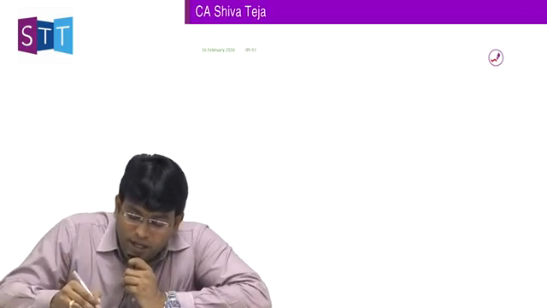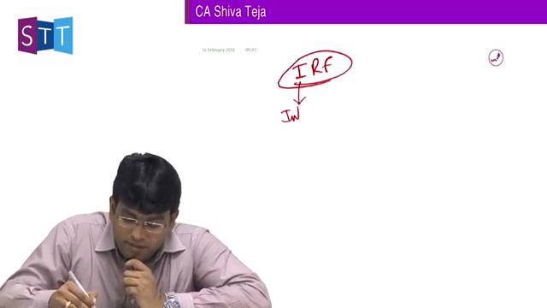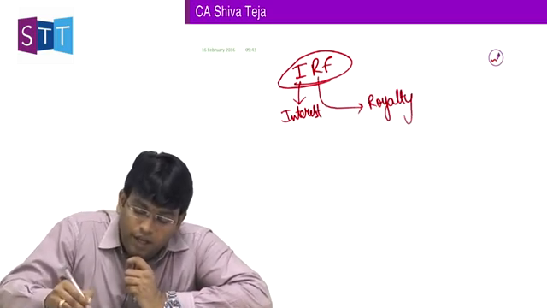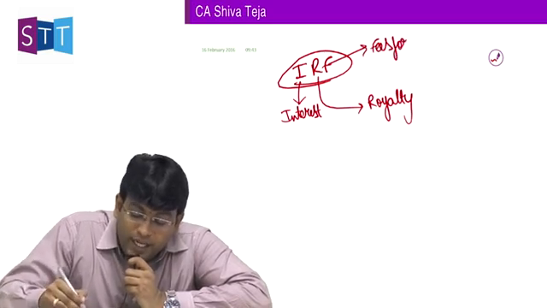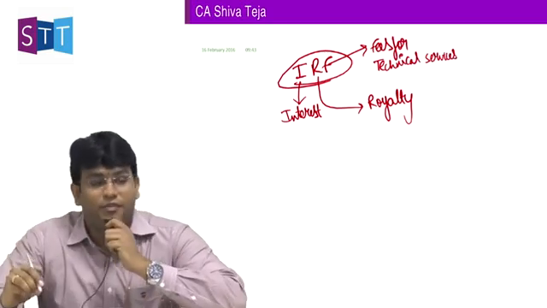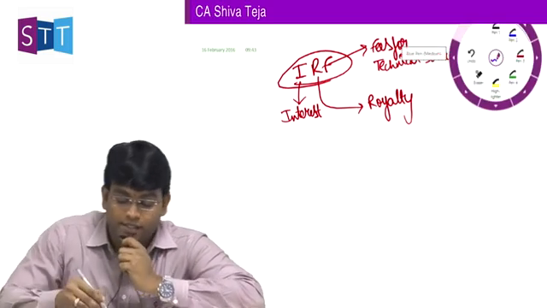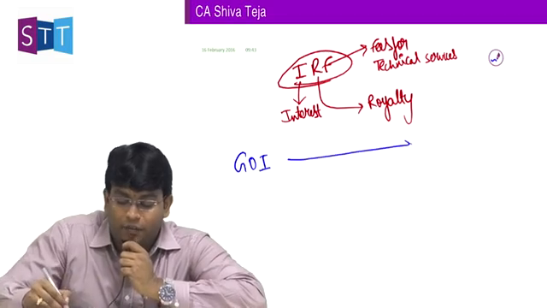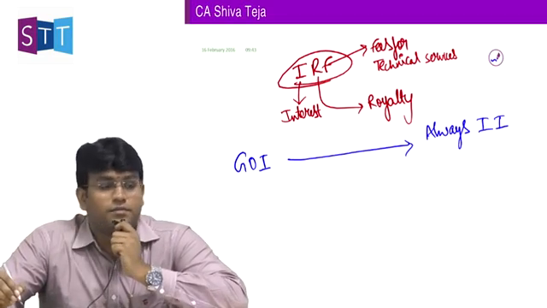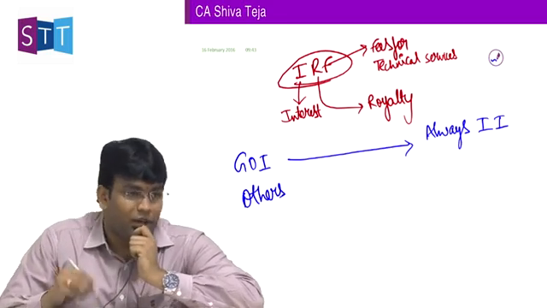Next point, sir. In short, I call this points as IRF. I refers to interest. R refers to royalty. F refers to fees for technical services. In a shortcut, I will teach all the 3 points to you. IRF, interest, royalty, fees for technical services. Please consider it, sir. If IRF is paid by government of India, straight answer, it is always Indian income. If it is paid by government of India, it is always what? Indian income. If it is paid by others, others means other than government of India,